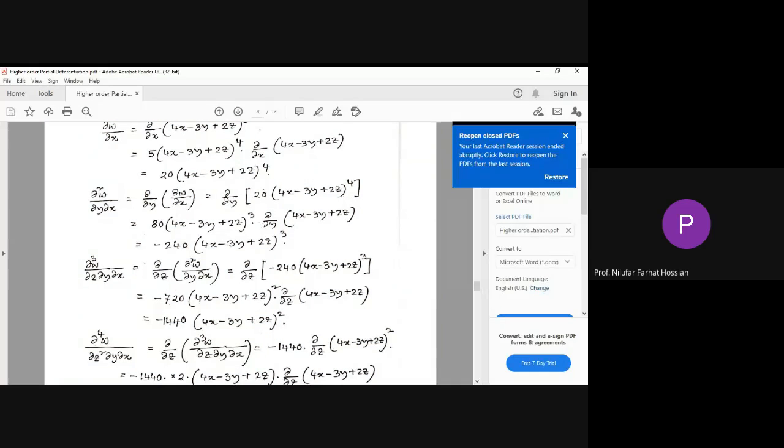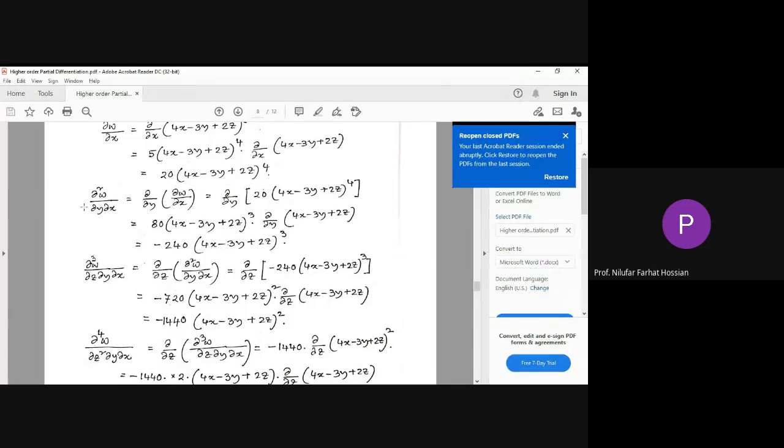So with respect to y, differentiation is with respect to y. So this x term is a constant, this z term is a constant, only minus 3y, and after differentiation with respect to y, it will give you just minus 3. So 80 into minus 3, it will be minus 240 into this whole thing to the power 3. Okay,